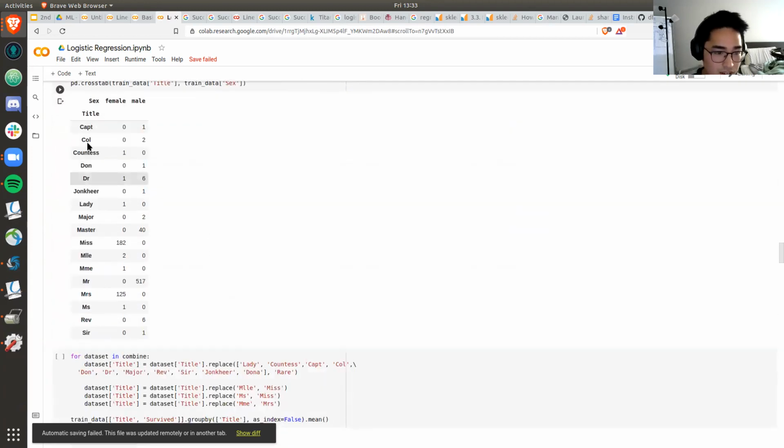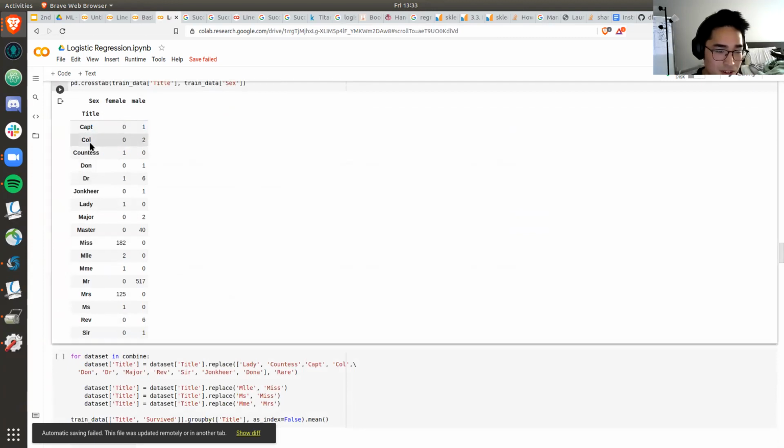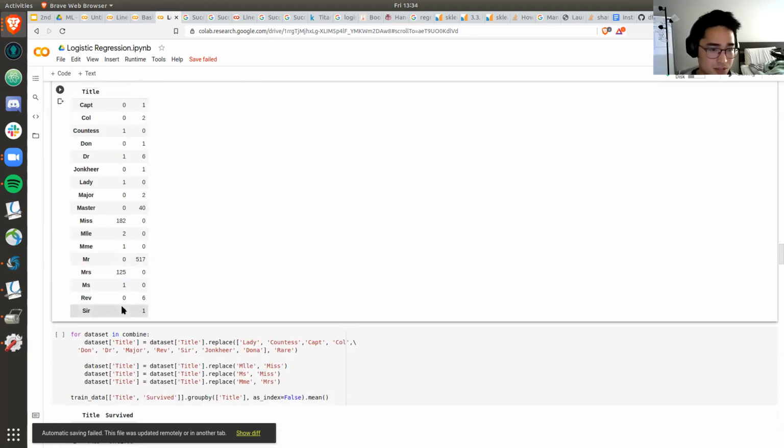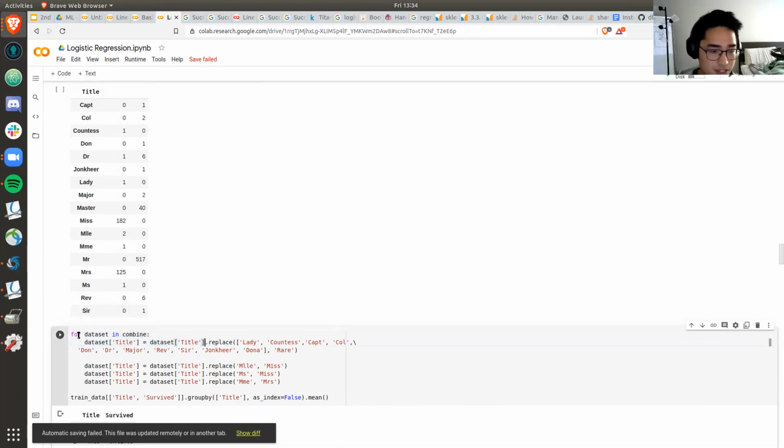So right here we have Captain, we have Col, I don't know what that name is, Countess, Master. It's kind of funny, back in the days people would just address you as Master, especially in the Titanic. They had Mlle, Mme. And so yeah, we have all these names, but if you don't want to take into account all these different names and just want to make it simple for yourself, just iterate through the whole data set using this for loop.